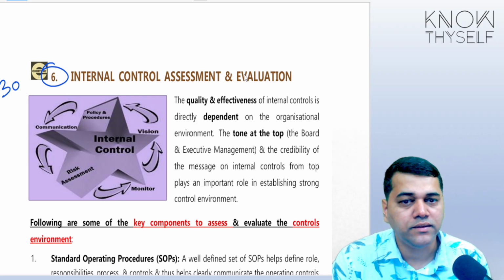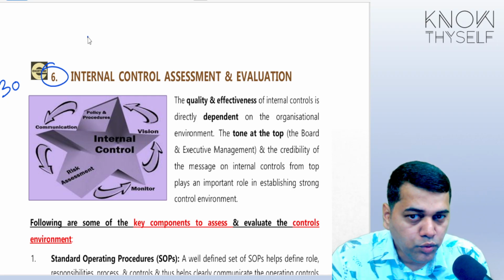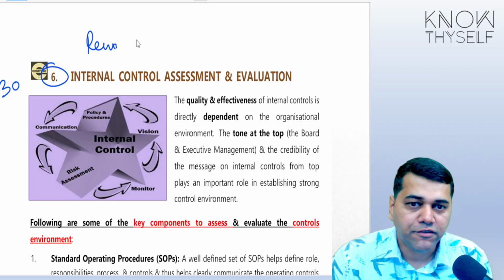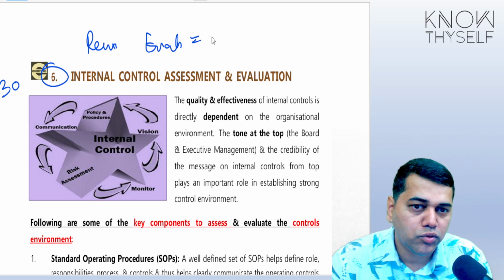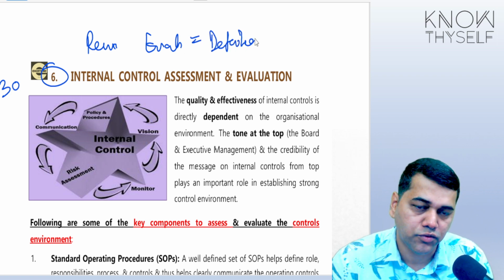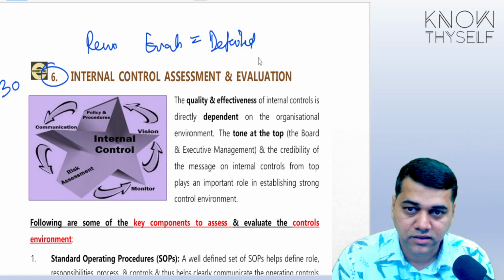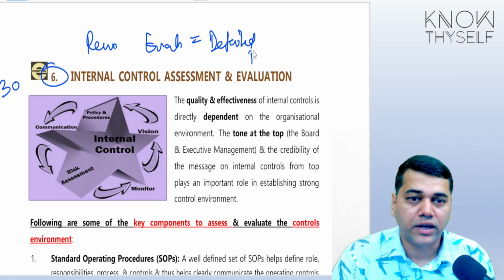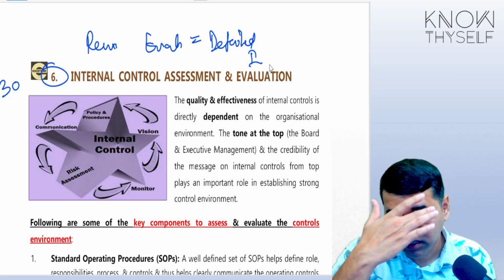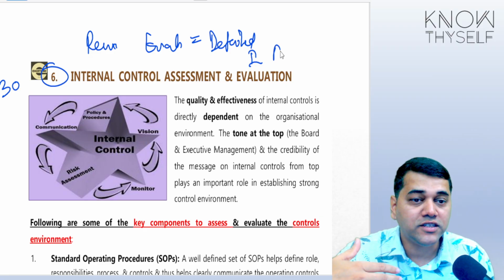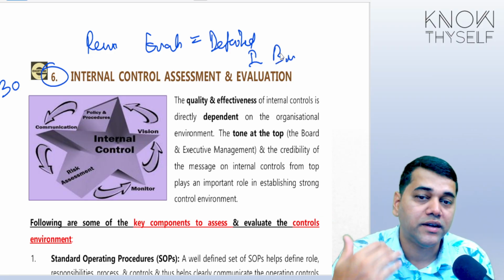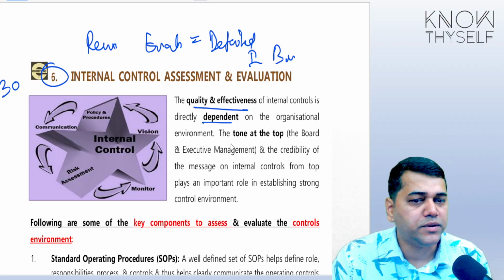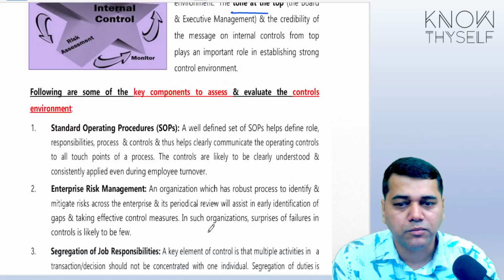Okay, I hope it's fine. So, review is only the overall overview. Evaluation is a more detailed one. Here you become very serious: you start gathering the evidence, you see how the controls are operating, you identify the risk, and you document it. You have a basis for why you are trusting the internal controls. The quality and effectiveness depend upon the tone at the top. All these things we will move on.